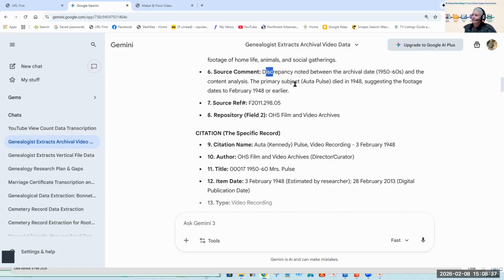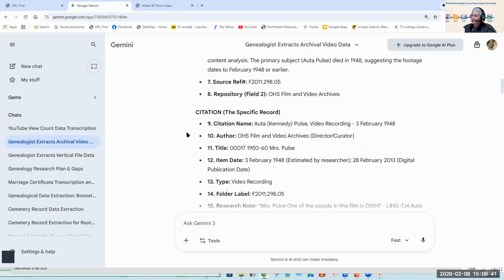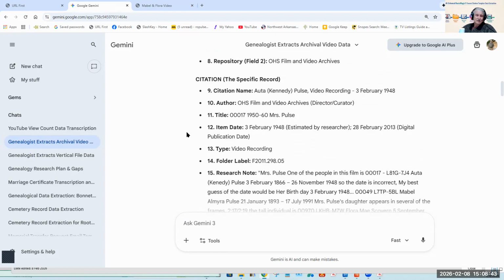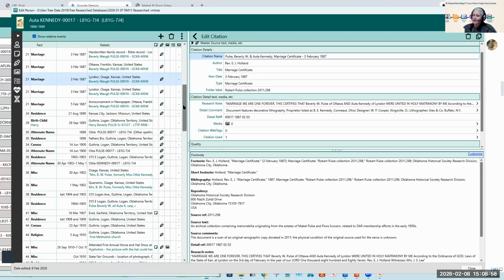And then it notes the date. None of that belongs up there. It all belongs down here in the citation. So that's when I say you read these things and look for the hallucinations. Now the rest of this looks pretty good, and that's how I put it in. So a lot of working around on this.